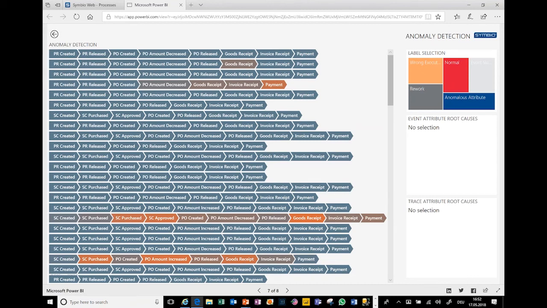So the idea is that we find anomalies in processes, but especially, and that's the core intelligence, the core idea, in unknown processes.